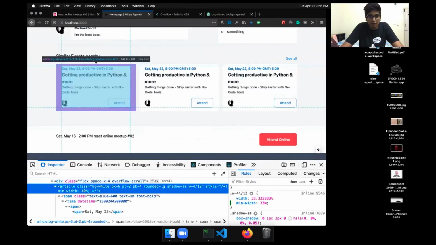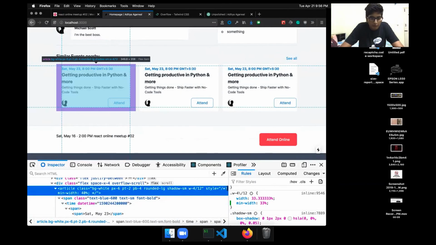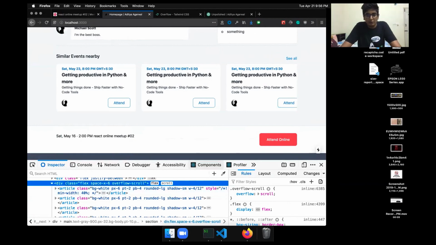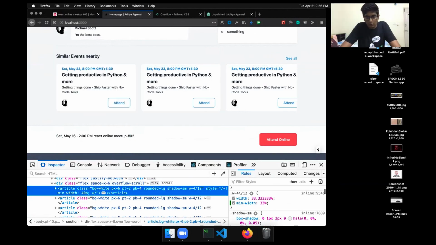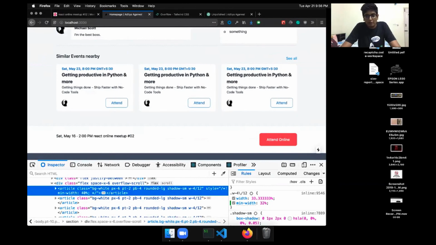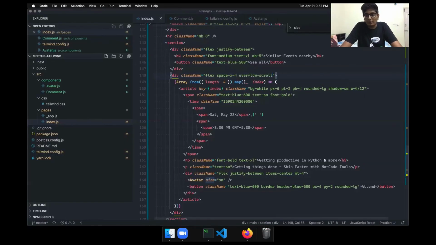So if I increase the gap, where is the gap? Space X. If I do 6, okay, now it is getting cropped. So now let's do 32%, and it will work. Because we are at a custom value, we don't have a class name for that. So what I can do is put it in the style tag.